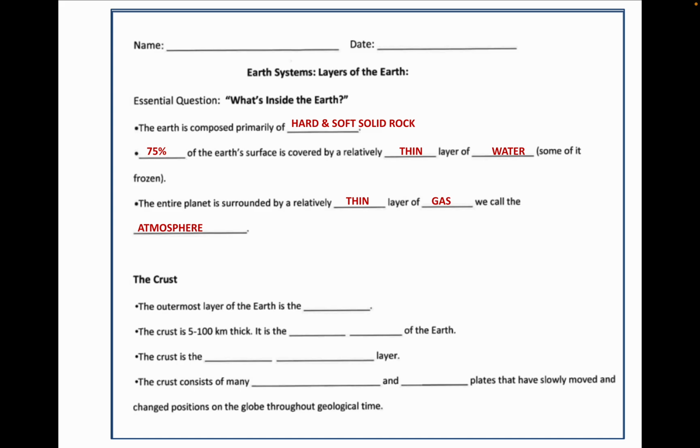So the crust is the outermost layer of the earth. It is 5 to 100 kilometers thick, and it is the thinnest layer of the earth. The crust is the least dense layer, and the crust consists of many continental and oceanic plates that have slowly moved and changed positions on the globe throughout geologic time. Make sure that you have these notes, and then when you're finished, I want you to go ahead and work